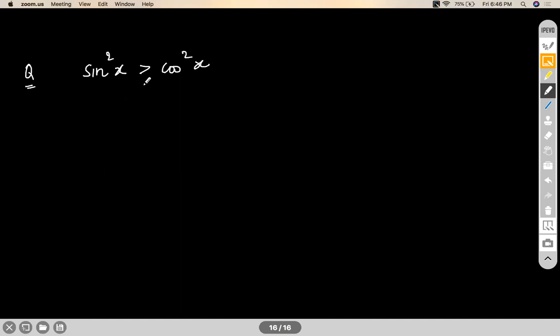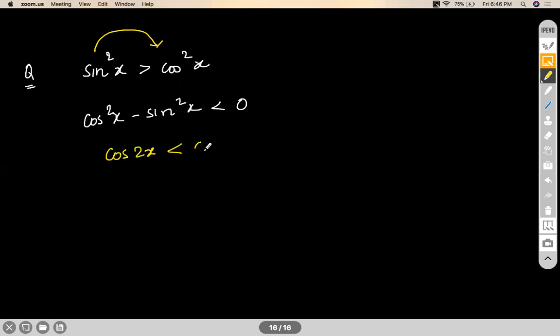Okay, let's look into this problem. Can I write this as cos square x minus sine square x less than 0? I'm bringing the sine square to the other side. Okay. We all know that this is cos 2x. Okay. Cos 2x less than 0. Right? Now, if you make a cos 2x graph,